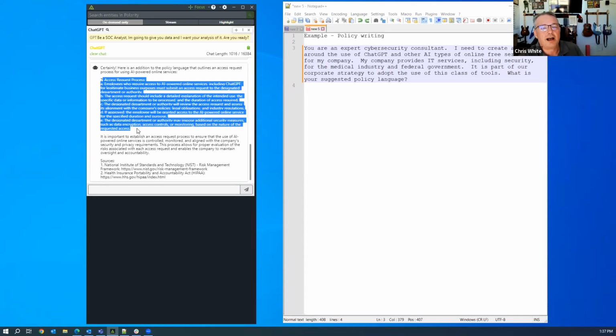So, I despise writing policy. It's not even close to being one of my top 10 favorite things. And doing it this way, I get a lot more done in a shorter period of time, and I can get to the problems that I enjoy spending my time on. So let's talk about some of the downfalls and drawbacks around this.